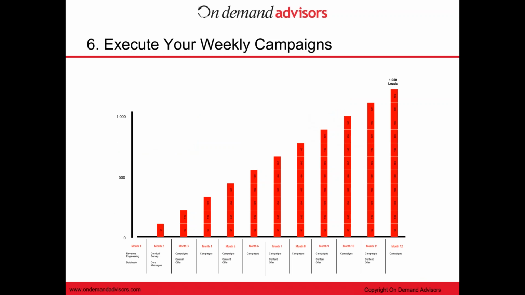Number 6 is executing your campaigns weekly through your marketing automation system. And that's something that we've done an extraordinary job with our clients. Our team will work with our client and make sure that the campaigns, the offers go out every week, and it creates the type of velocity and the quality leads that you're looking for every day. And that's what your salespeople are really looking for. So when you think about salespeople, you think about giving them high quality leads that they can convert into customers. That's the best use of their time, and it's really what we look at is creating this engine so that you can scale.